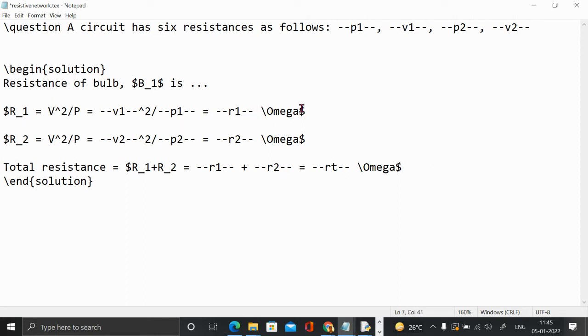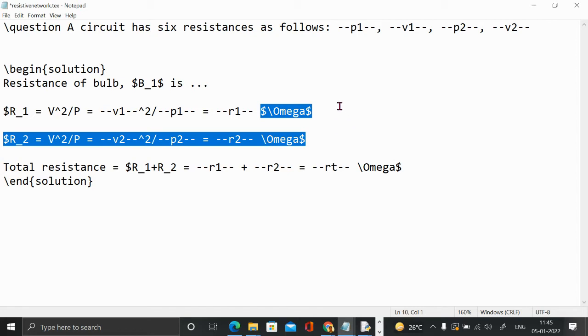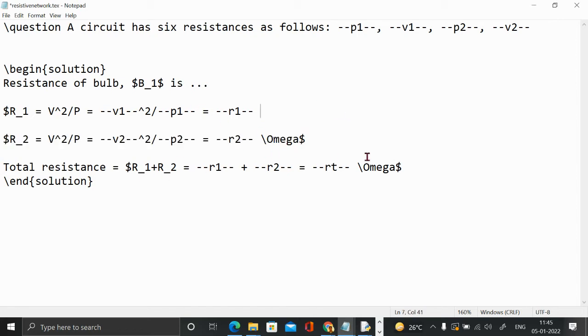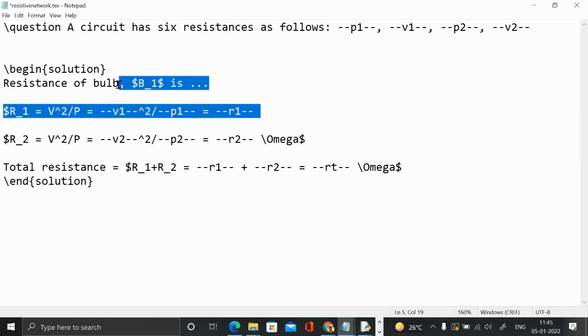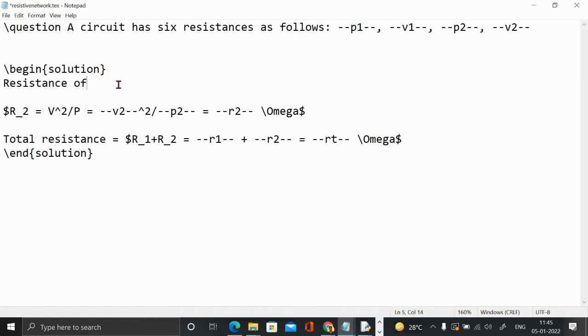By the way, this omega is a resistance symbol, so I'll keep it. And then I'll simply say this is the solution.